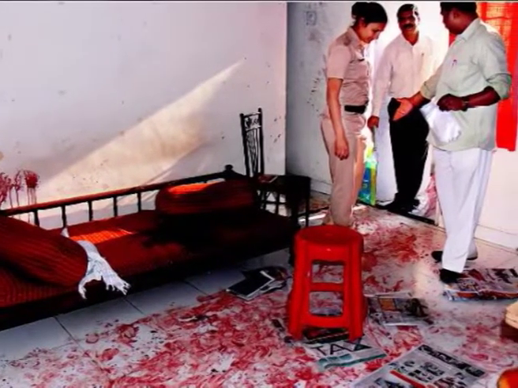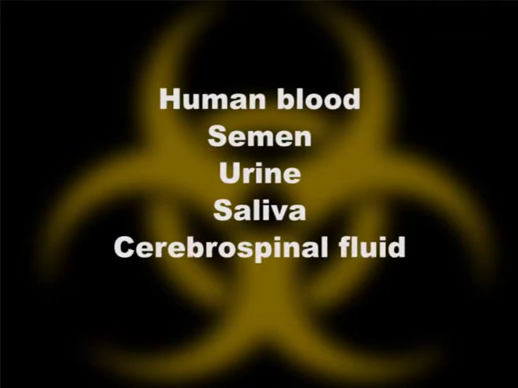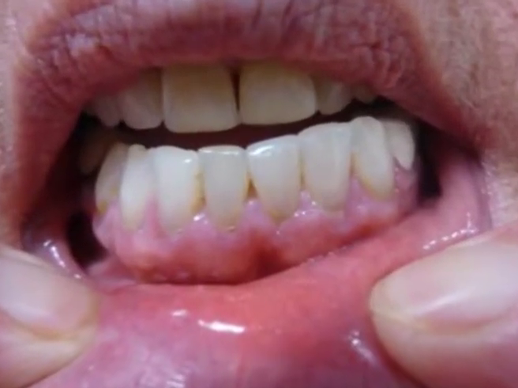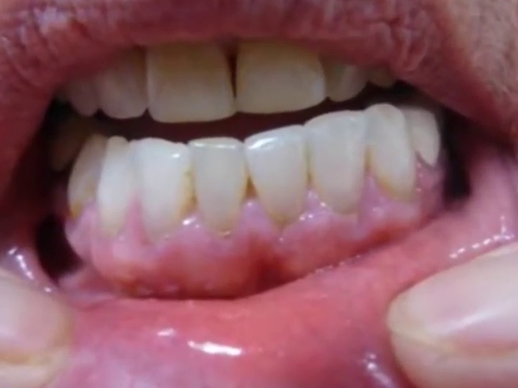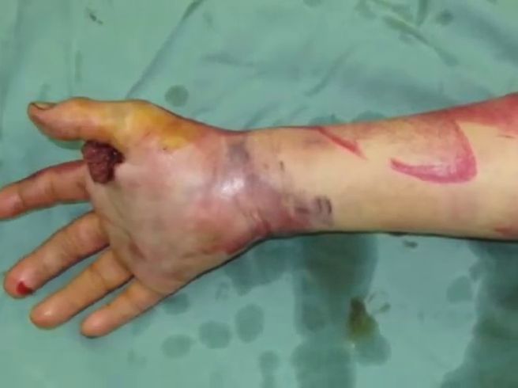Dear student, as we know, it is caused by a virus, and the virus is transmitted by exposure to infectious blood or body fluid. The virus of the disease at the crime scene can be found in human blood, semen, urine, saliva, cerebrospinal fluid and vaginal secretions. In addition to this, it can also be transmitted via exposure of mucous membranes to infected people, or if one has ruptured skin and comes in contact with an infected person, one could catch the infection.